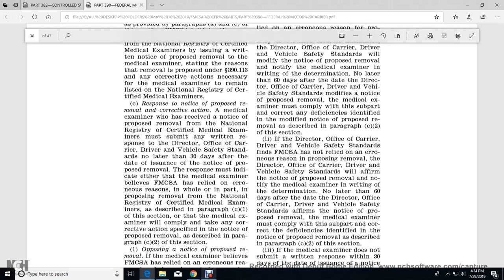A medical examiner that has received the notice of proposed removal from the National Registry of Certified Medical Examiners must submit a written response to the Director, Office of Carrier, Driver, and Vehicle Safety Standards, no later than 30 days after the day of the issuing of the notice of the proposed removal. The response must indicate either that the medical examiner believes the Federal Motor Carrier Safety Administration has relied on errors in whole or in part in proposing removal of the National Registry certified medical examiner, as described in paragraph C1 of this section,